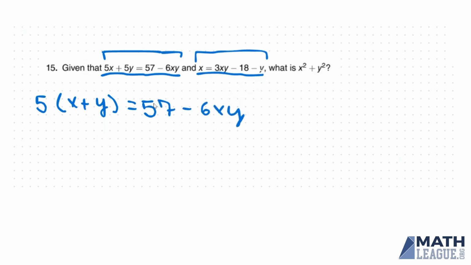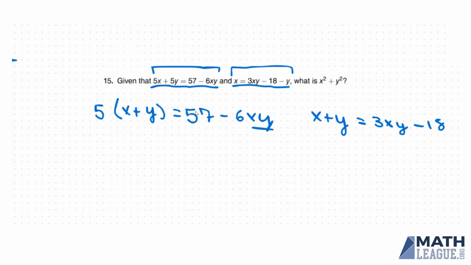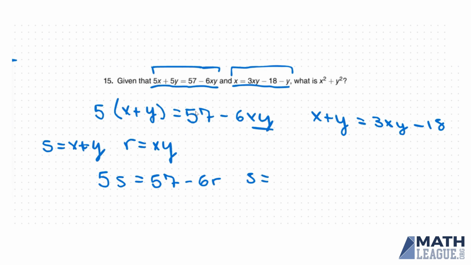And in the other equation, if we add this y over to the other side, we get x plus y is equal to 3xy minus 18. We can see both of these equations can be written in terms of x plus y and x times y, so we can do a substitution of variables here. We can write s is equal to x plus y, and r is equal to xy. Substituting that in, we get 5s is equal to 57 minus 6r,